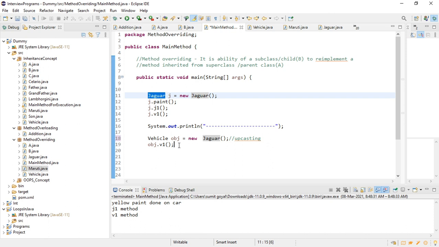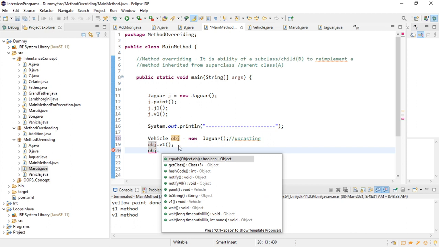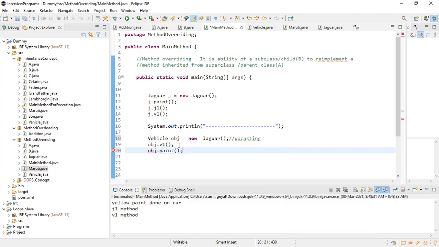But if I write like this, do not think that this time that method will be called. Method names are the same, so that method will be called.